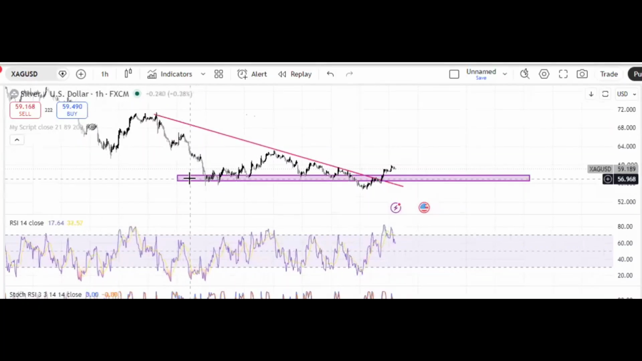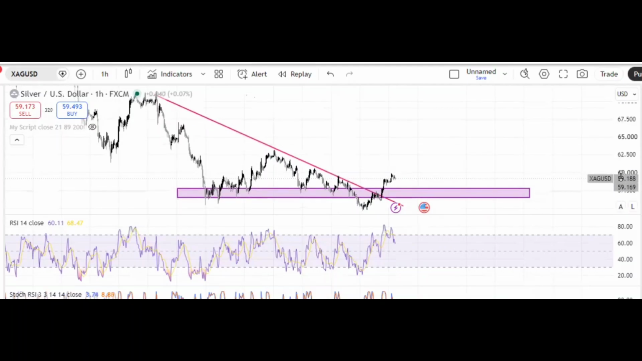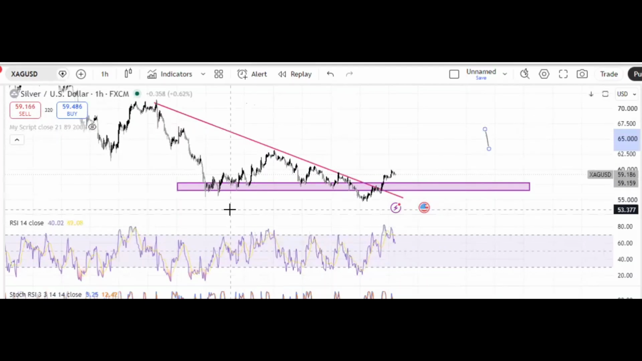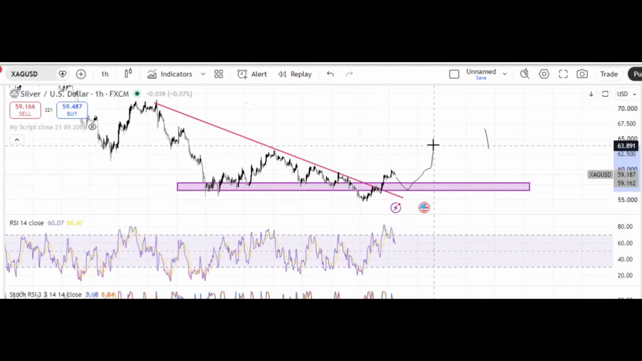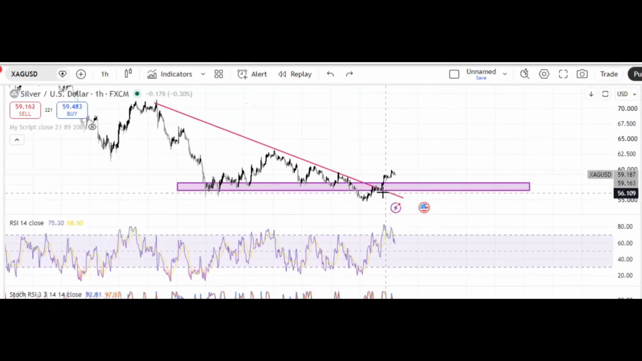So this zone that I have highlighted on the rectangle, this is the most important support zone or demand zone. As long as it holds, silver can go and test higher zones. 57.5 to $56 region. So 57.5 to 56 is the most important demand zone or support zone. Any good dip into that zone can be a buy the dip zone with invalidation very clear that if it